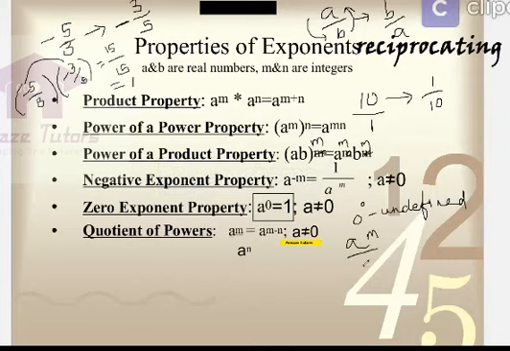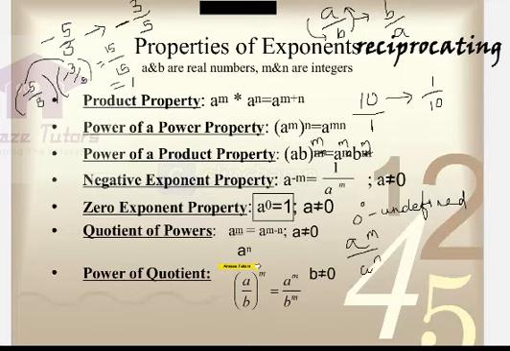So whenever it is a product, add the exponents. Whenever it is a quotient, subtract the exponents. Again, this is the distributive property, the next one. Power of quotient. So here it is the quotient a by b, or a over b, inside the brackets, whole power m. This is again very similar to the third one, power of a product. We distributed the power. In the same manner, for power of quotient, we need to take the power inside the brackets. That is why the power m goes to both a and b. The rule will become a power m over b power m. I hope it is clear so far.